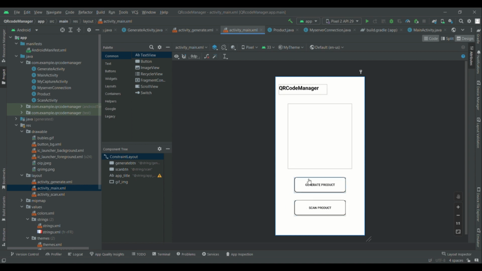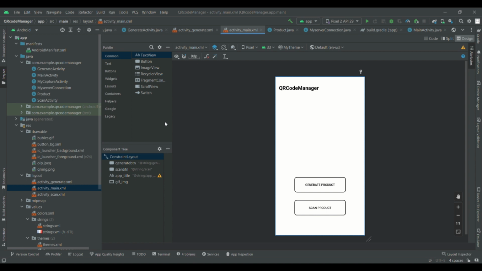Generate product button will redirect us to another activity, generate activity, excuse me, and generate product will generate a QR code. That QR code is based on the text you enter, meaning here the name of product and the price of product,